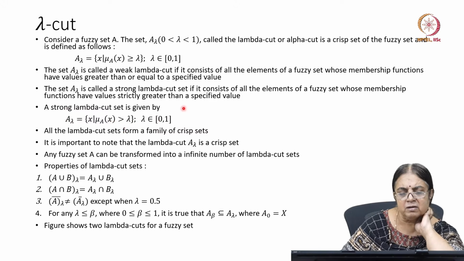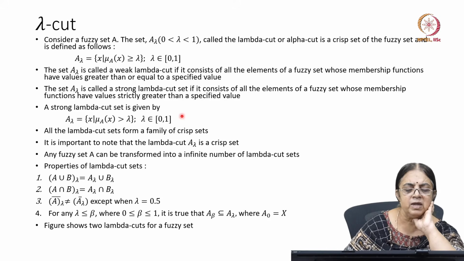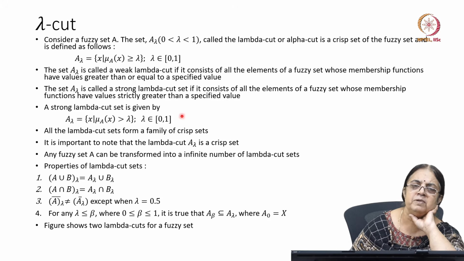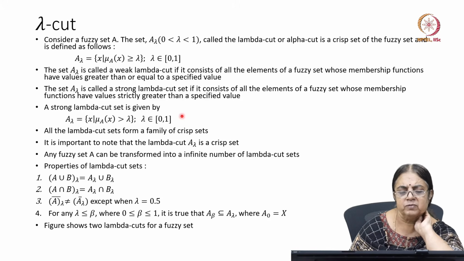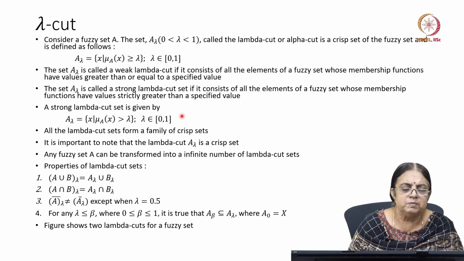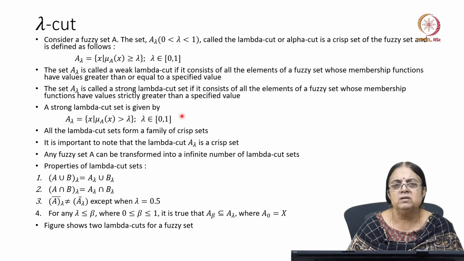So if we take a lambda cut set, okay, that is a crisp set, and if you take a particular fuzzy set A, if you see all the lambda cut sets that you can get, it will form a family of crisp sets. Okay, so A lambda is a crisp set. So you can transform a fuzzy set A by using lambda cuts into an infinite number of crisp sets basically. Okay,